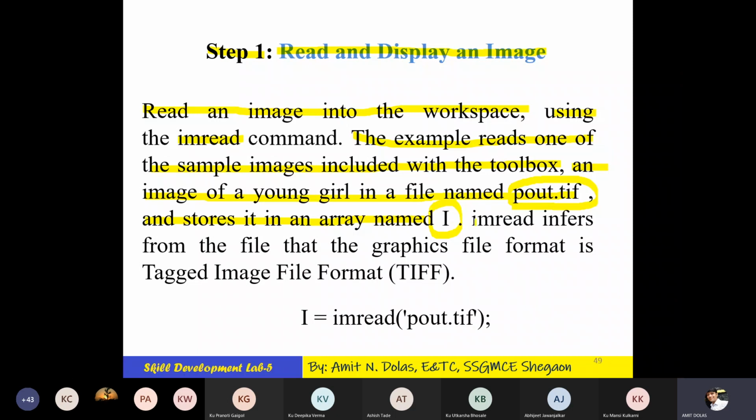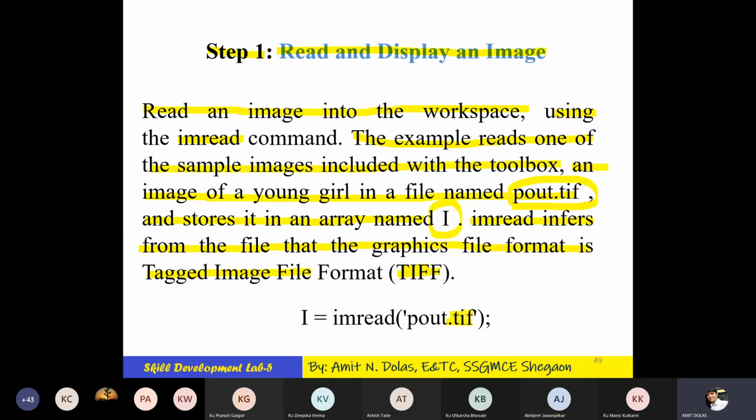So we'll store it with the name I. Imread infers from the file that the graphics file format is the tagged image file format, that is TIFF, by the extension we write, .tif, tagged image file format.